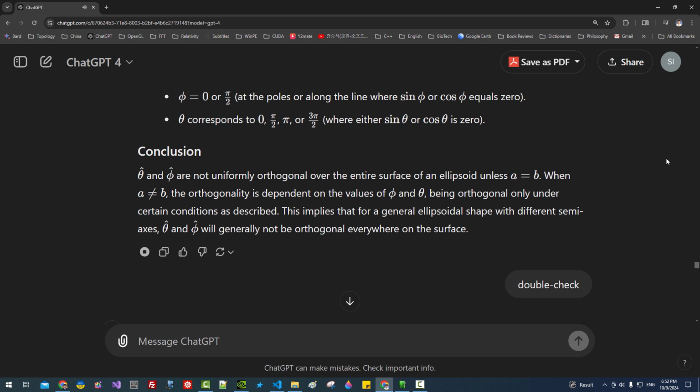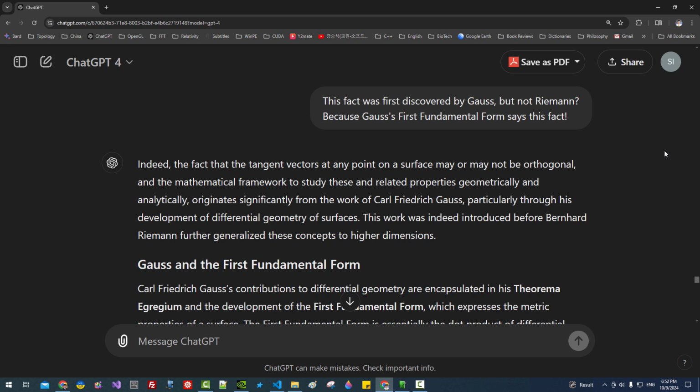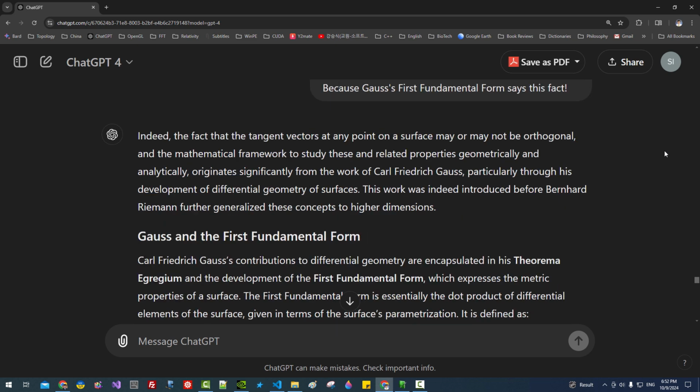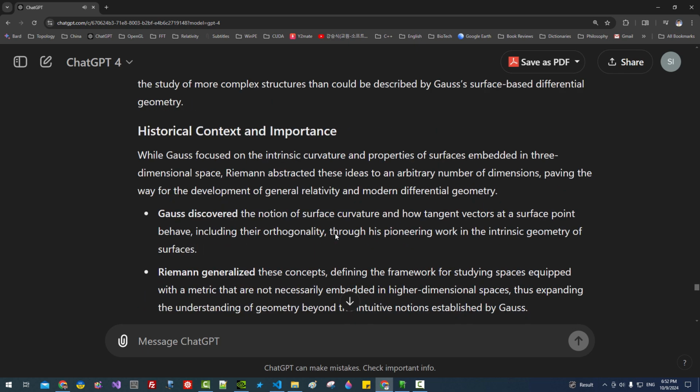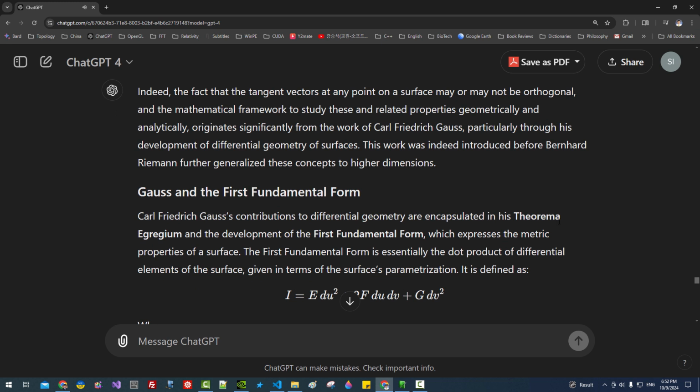This implies that for a general ellipsoidal shape with different semi-axes, hat theta and hat phi will generally not be orthogonal everywhere on the surface. Scroll down. This fact was first discovered by Gauss, but not Riemann, because Gauss's first fundamental form says this fact. Indeed, the fact that the tangent vectors at any point on a surface may or may not be orthogonal, and